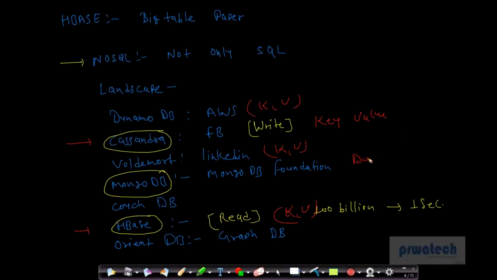This one is for documents, we know. CouchDB is also for documents. This one is for graph data. So based on the data set, we need to know what type of data. But I have worked on Cassandra also. Cassandra is very similar to an RDBMS. In fact, if you know RDBMS well, you can learn Cassandra